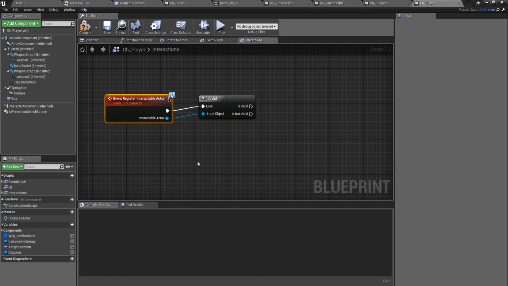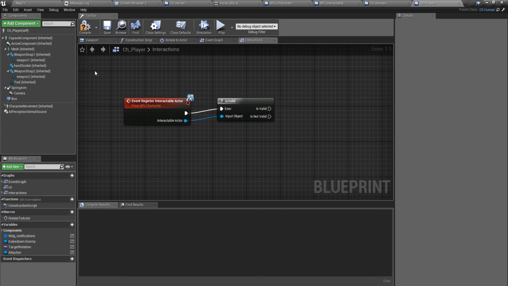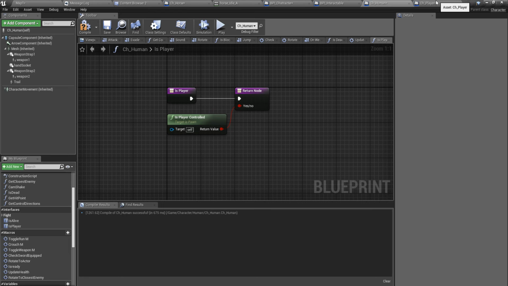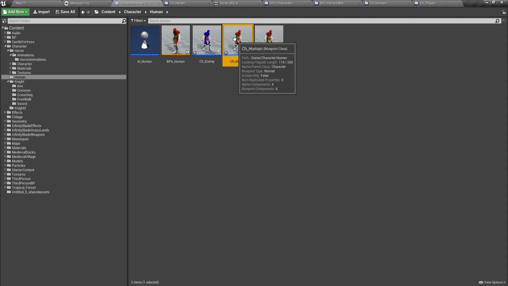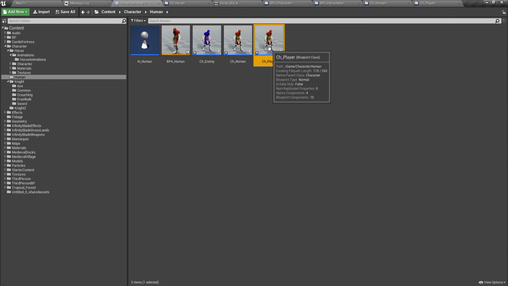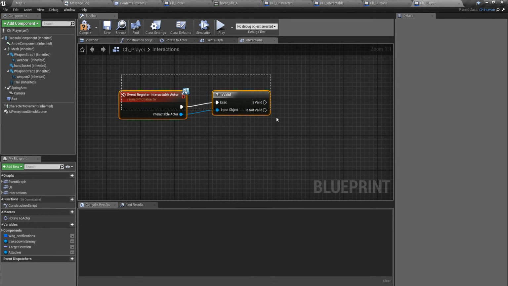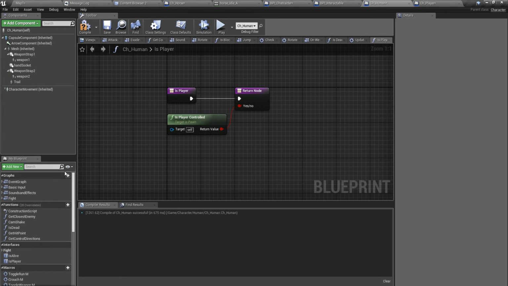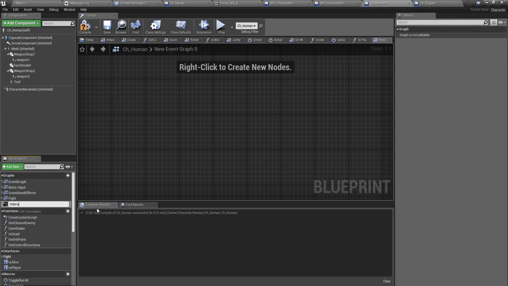and if this is valid, I'll promote this to a variable. Well, now that I think of this, even the other AI characters should also be able to ride horses. So therefore I think it is fair to implement that in CH_human character. So quick overview, this CH_human character is the parent class of both CH_enemy and CH_player. So this is the player character, and this is an AI driven character. Okay, so I'll just remove this here, and under CH_human I'll define that interactions,